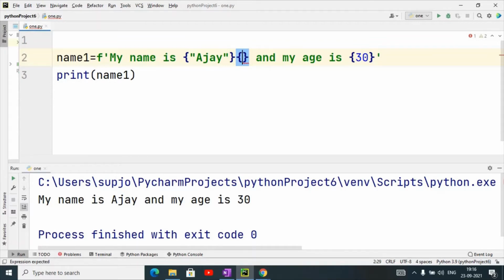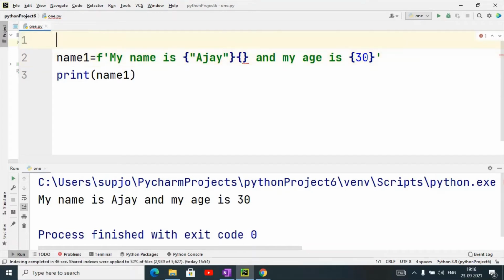So I want output in such a way that in the first sentence my name is Ajay and my age is 30. And in the second line I want my name is this XYZ and my age is this much. So I want it like that, sir, right output. Yes, you can do that.